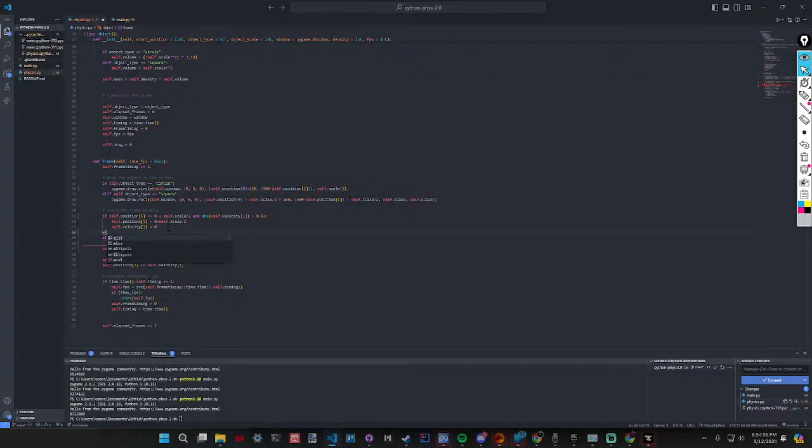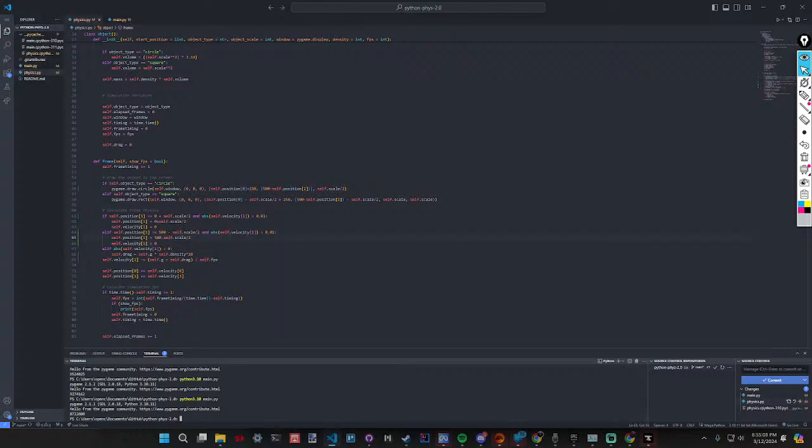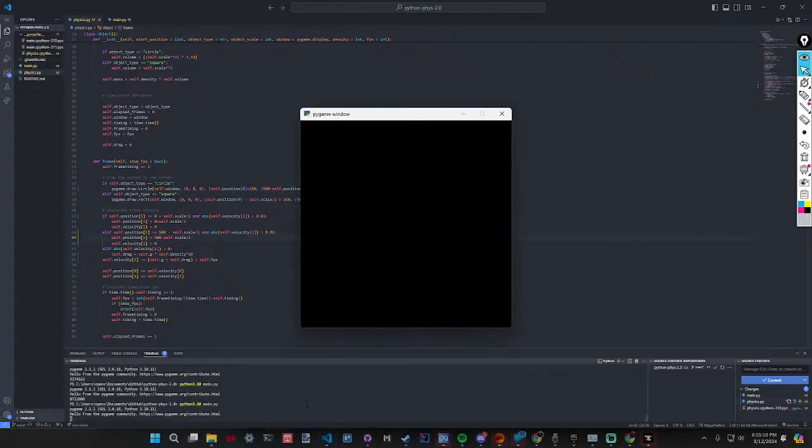So then we need another else if statement, and we're going to set this one to the same thing, but it's going to be position is more than 500 plus self.scale divided by 2, or minus self.scale divided by 2, because this is the top. So now we can just do the exact same thing, but adapt this little code that I've already written. 500 minus self.scale divided by 2, and I meant to hit the up arrow.